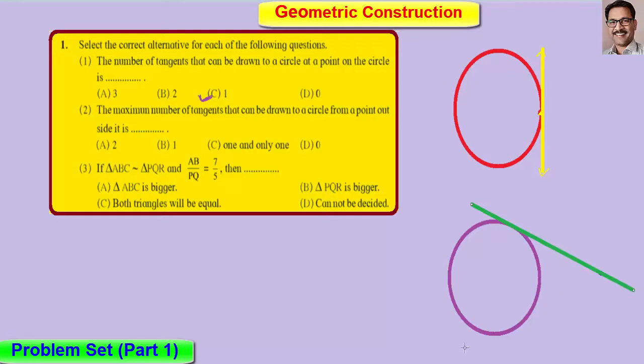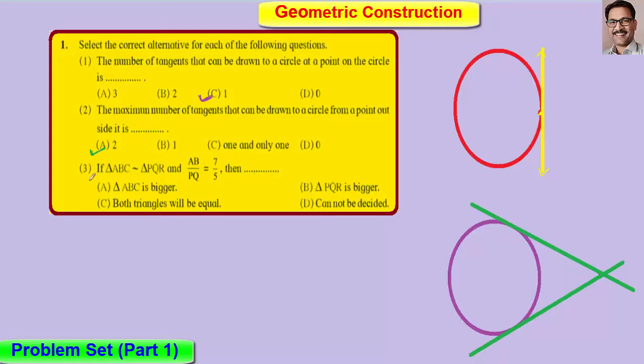And now there is one more tangent from this point. Just wait, I'll add it here, like this. Is there any other line from this point that is tangent to this circle? Is there any other tangent? No, we can draw only 2 tangents. Understand? Which alternative is correct here now? Look friends, this is the correct alternative. Only 2 tangents we can draw.